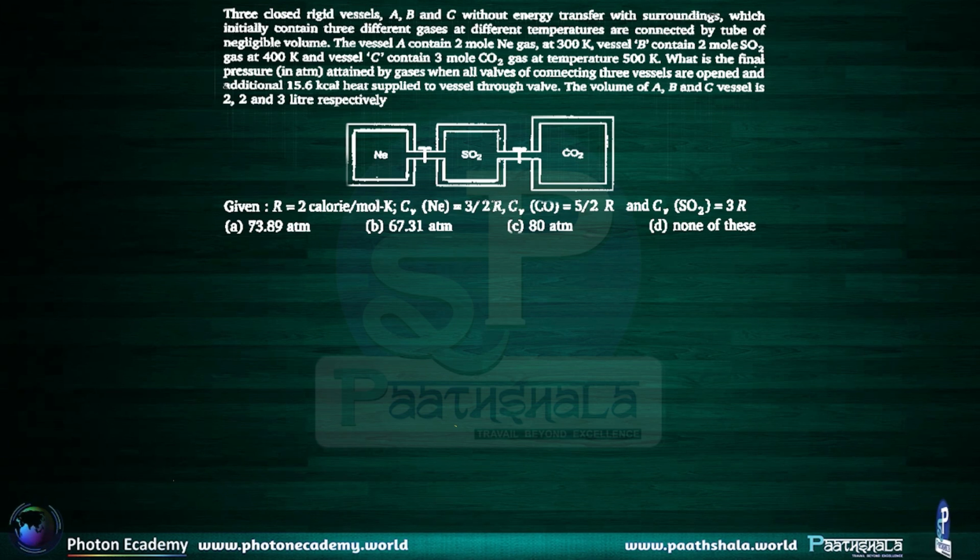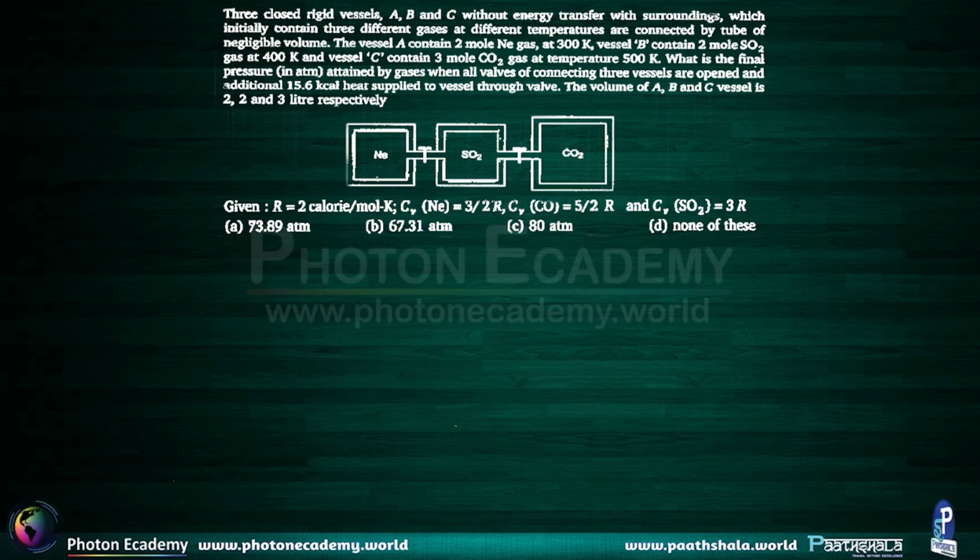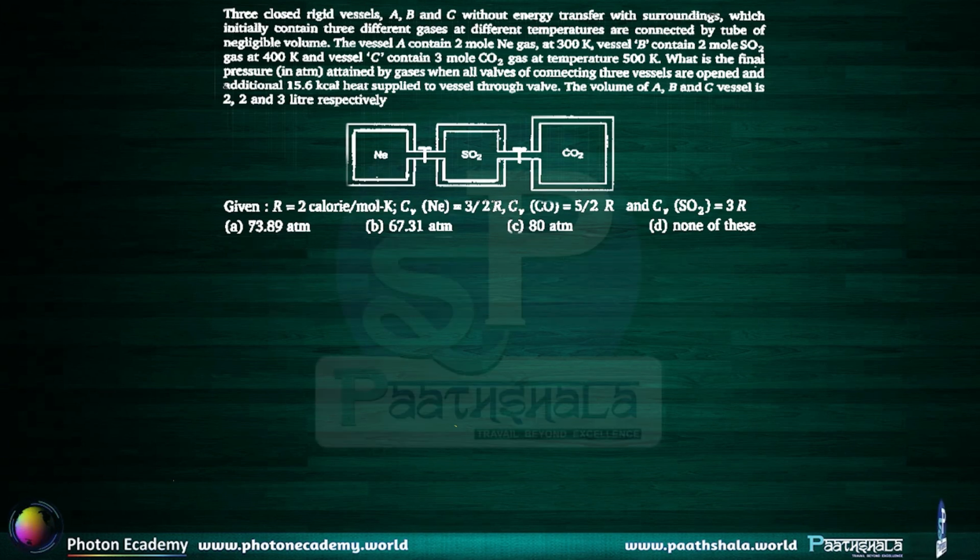CV of neon is given as 3R by 2. CV of carbon dioxide is given as 5R by 2. And CV of SO2 is given as 3R. Now we know that for all of these gases, since energy transfer is happening only between them and there is an additional amount of energy provided to them, we can say that the total